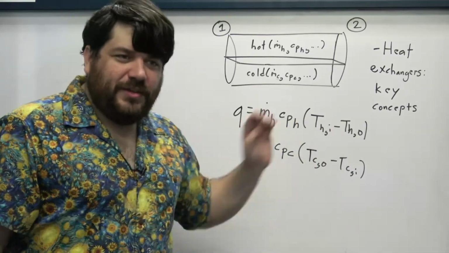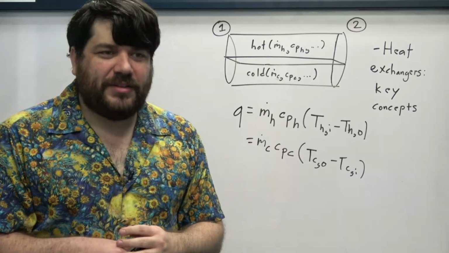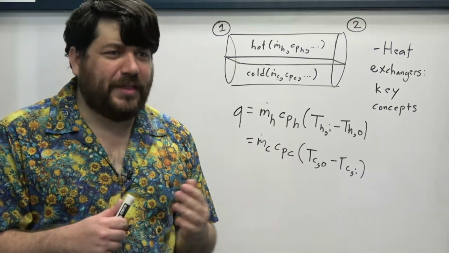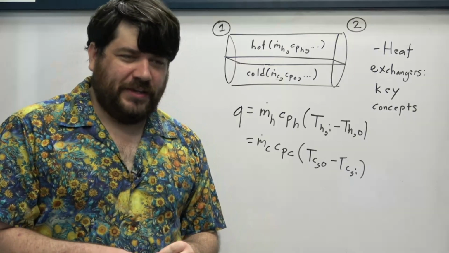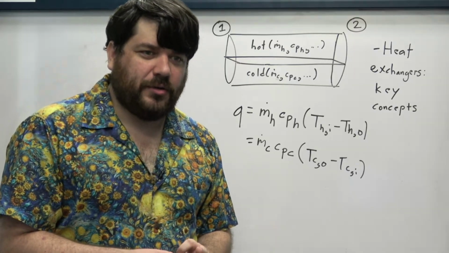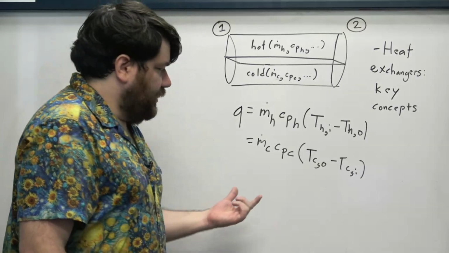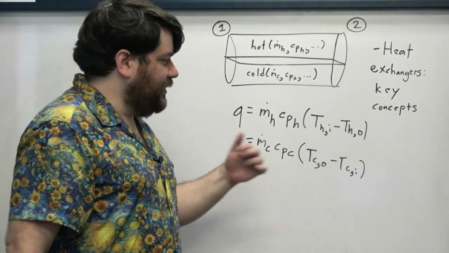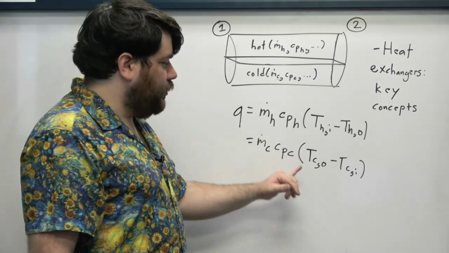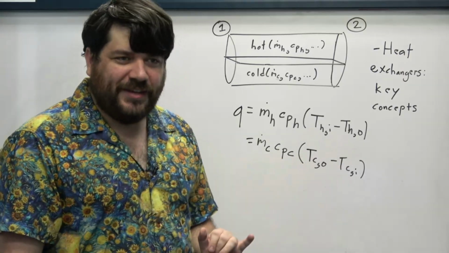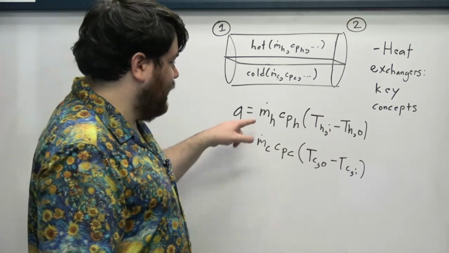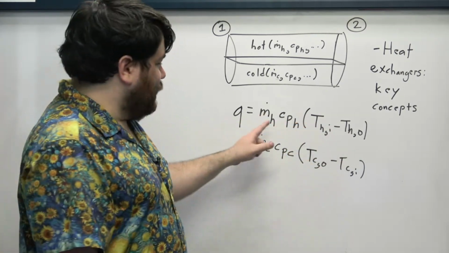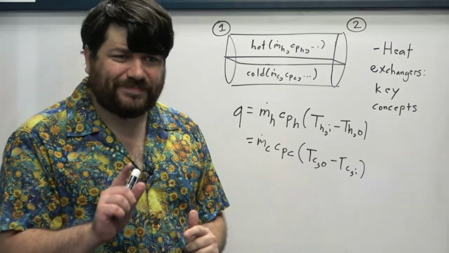And so either of these expressions allows us to find the heat transfer rate through the heat exchanger without ever having to worry about total thermal resistances or even overall heat transfer coefficients. This is particularly useful because it gives you a mechanism to determine one of these temperatures if you know three of them but you don't know the fourth, because you set these equal to each other. As long as you know these, you're fine. And in fact,